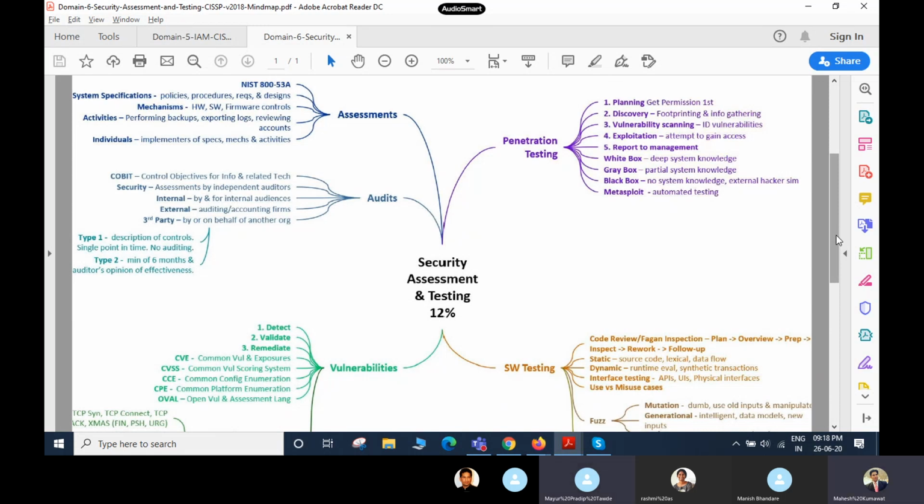As security professionals, you need to understand that there is internal auditing and external auditing. Internal auditing is done by internal persons. Suppose Manish is going to do IT auditing in the company, and it is possible that, for the company's benefit, he may provide some wrong information to the stakeholders. It's possible.